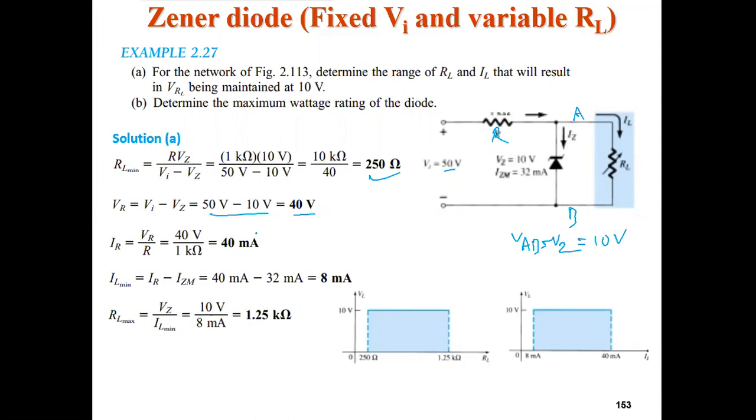Okay, so once you got this thing, you can calculate your IR, because we calculated the voltage across this resistor R, and this resistor is also given. The resistor is not written in this course problem. You can check what actually resistor was given: 1K. So dividing them, I can get IR, 40 milliampere. So this current IR we calculated is 40 milliampere. Okay, then your IL minimum.